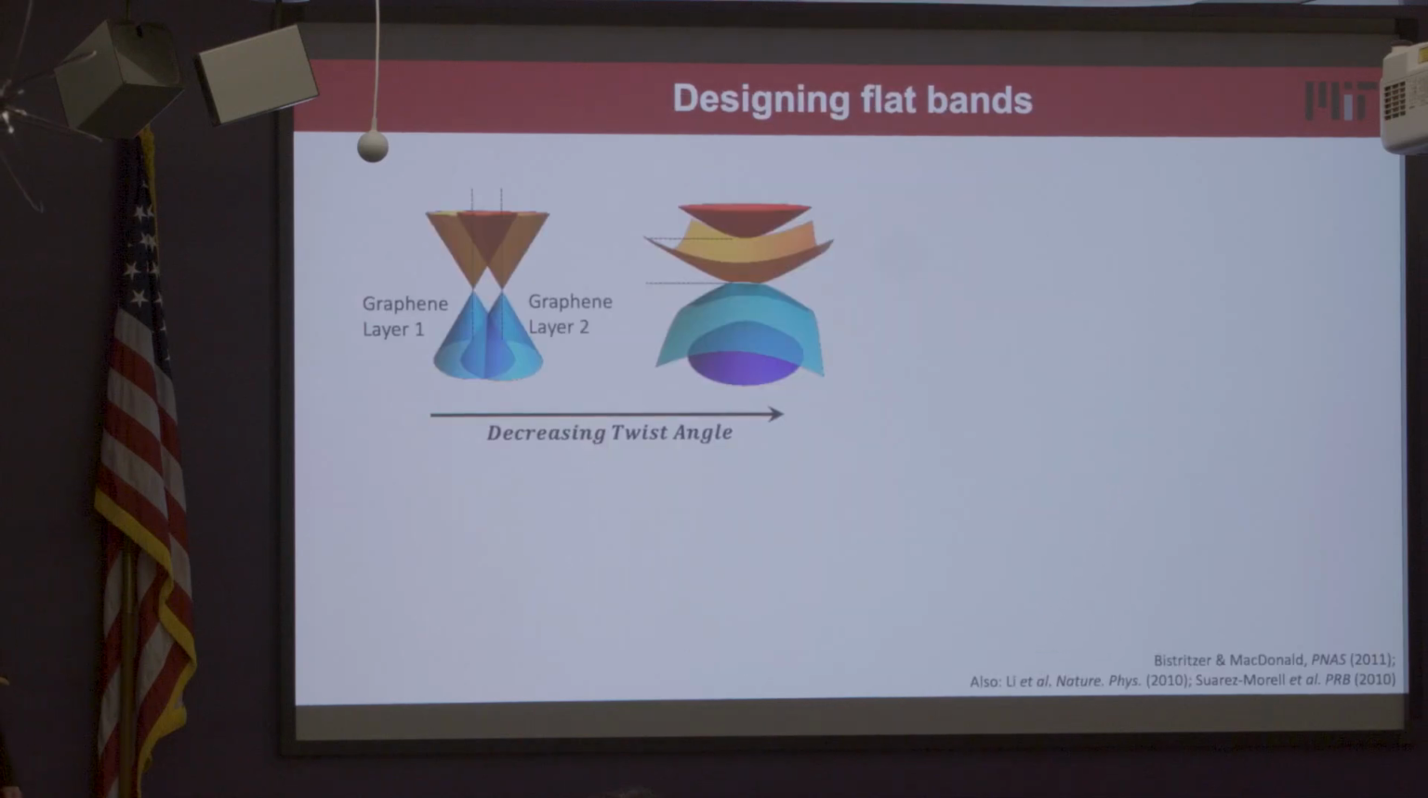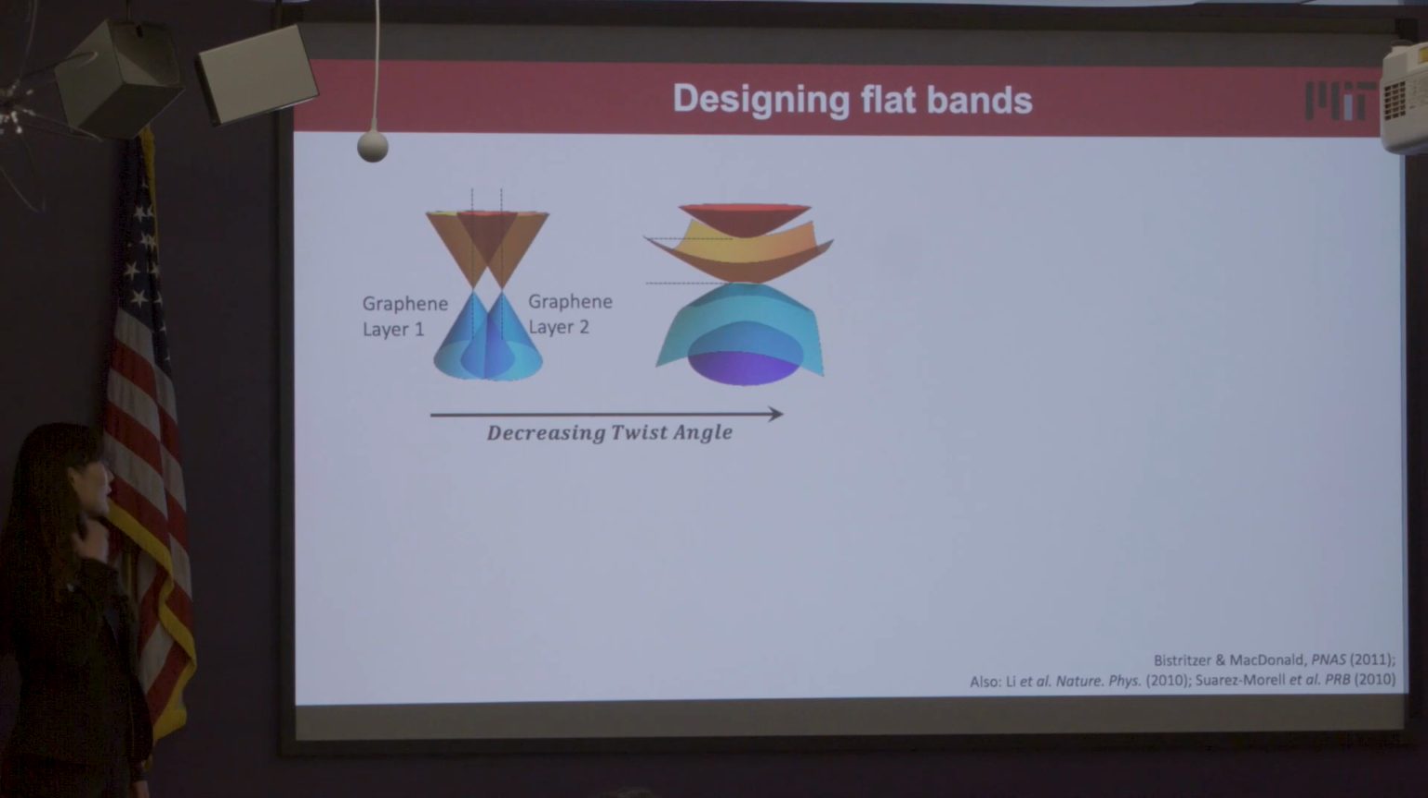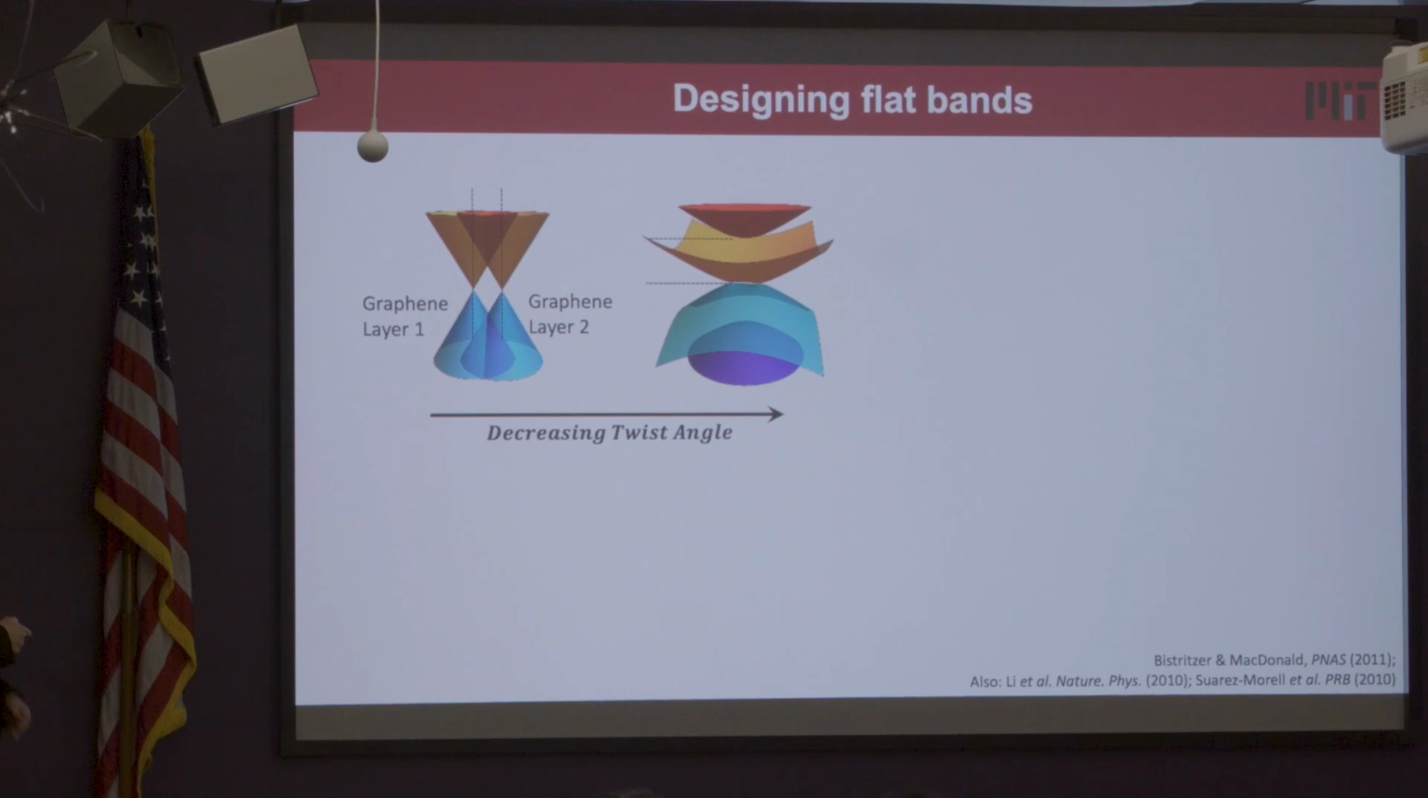Okay, so why do we care about this Moiré pattern? That's because this Moiré pattern allows us to design and modify the band structures in our system. As you can see in this example of two layers of graphene twisted on top of each other, you have two graphene Dirac cones, and then if they're twisted at a small twist angle, the Dirac cones start hybridizing,